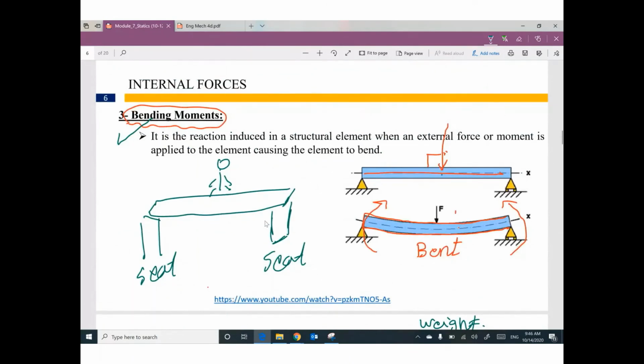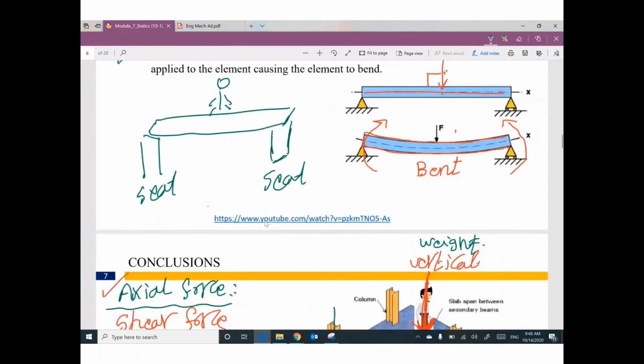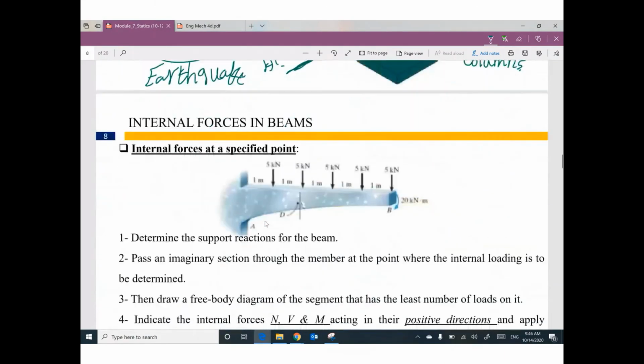If you don't like to understand this concept, it's okay. But it's very important if your major is construction engineering. If you are in civil engineering, you need to understand this concept exactly. What is the meaning? Anyway,